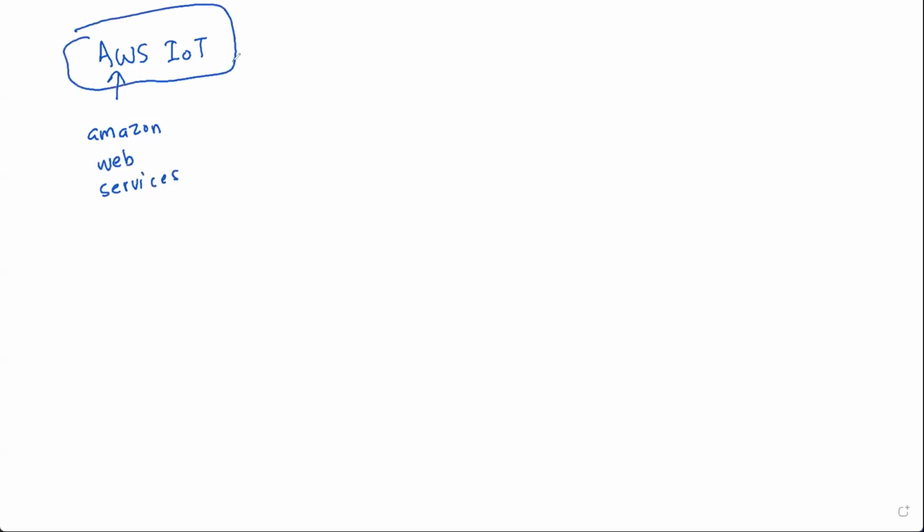For example, AWS IoT, which is provided by Amazon Web Services, allows us to connect multiple IoT devices to the AWS IoT platform. They have their platform, and we can connect through the internet to their cloud platform.